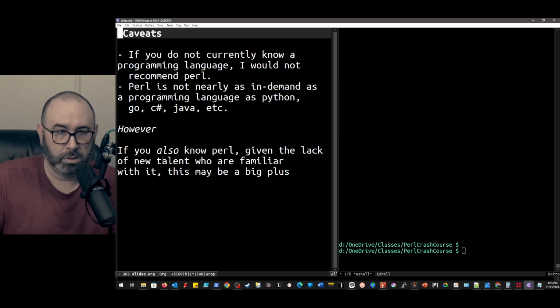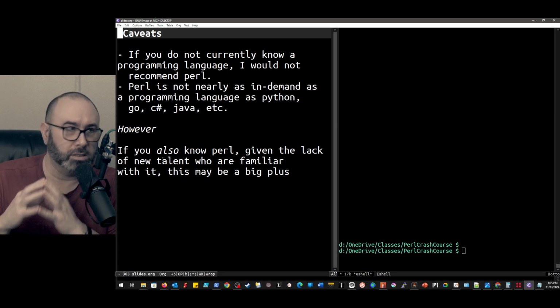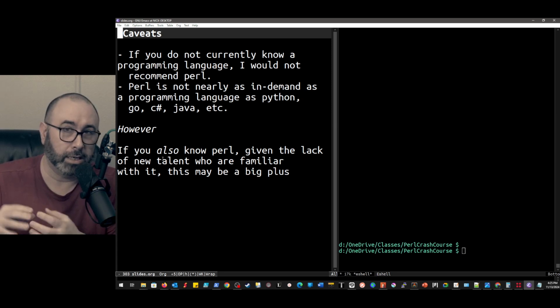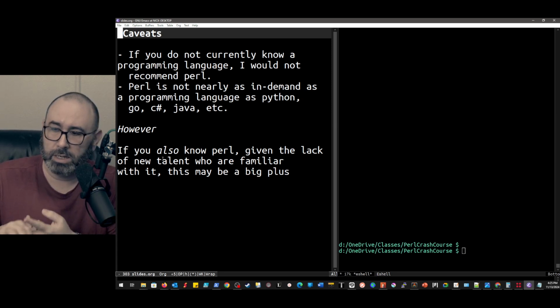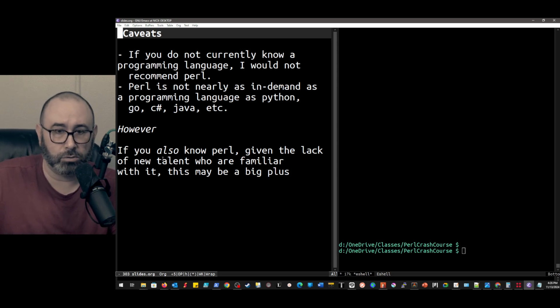There's a gap, right? Perl was the dominant systems engineering language, and a lot of web applications, and a lot of glueware, and a lot of just general kind of stuff.